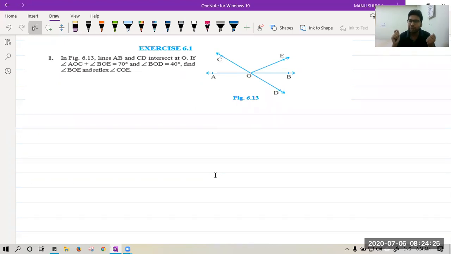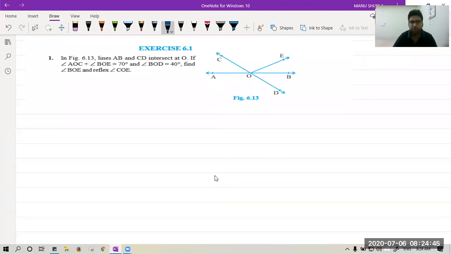Max to max, what will happen? You will have to just cut the answer. No issue. Please try this. And trust me, geometry will be very easy for you. But if you just rely on me for understanding geometry, you will be having many issues while doing the questions. Okay? Please try on your own always.